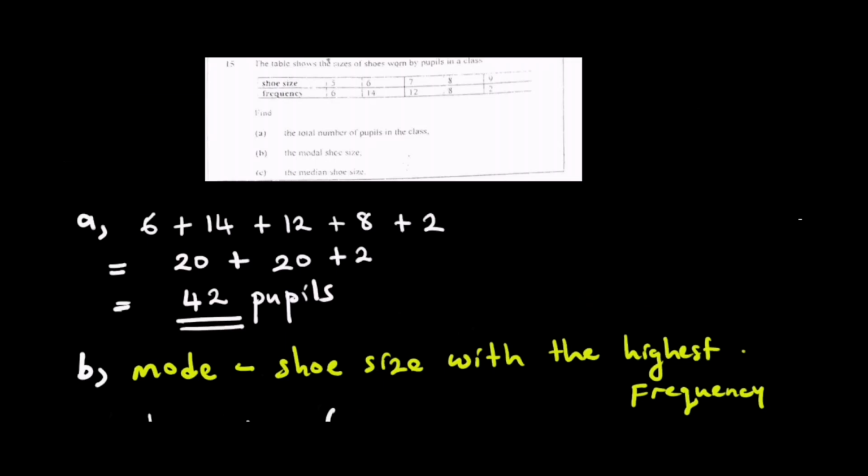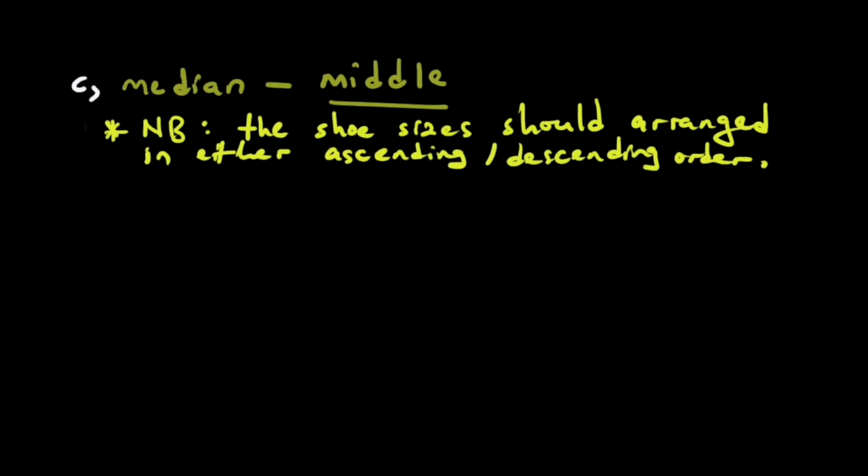So let us write my shoe sizes in position. So our shoe sizes here, this is now our answer. It's 5, 6, 7, 8, then 9. Now that we have arranged our shoe sizes in order,